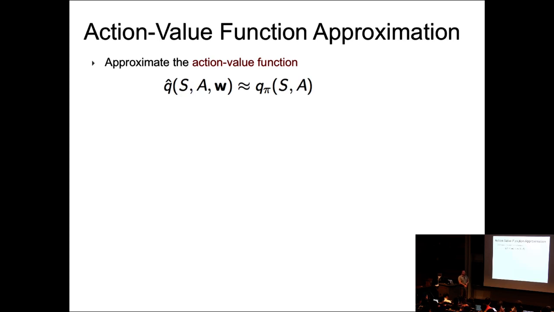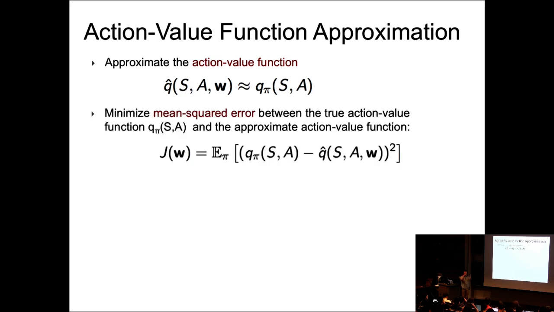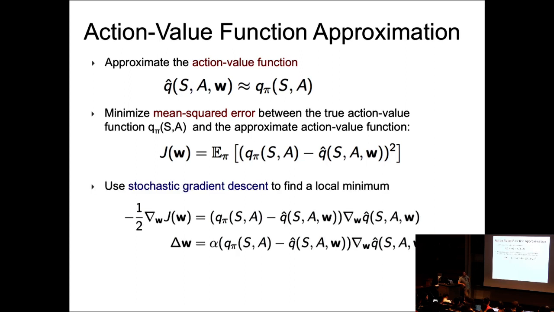So the action value function approximation is exactly the same as the value function, right? In many cases, we're going to be working with this parameterization more frequently than just approximating the value function, even though in some cases, there have been a few papers like dueling networks that approximate both the value and the Q function. So the value of the state and the Q function are combined additively. Again, here we can minimize the mean squared error between the true action value and the approximation. And using stochastic gradient descent, we're getting pretty much the same update rules. So nothing has changed when we go from the value of the state to the Q function.